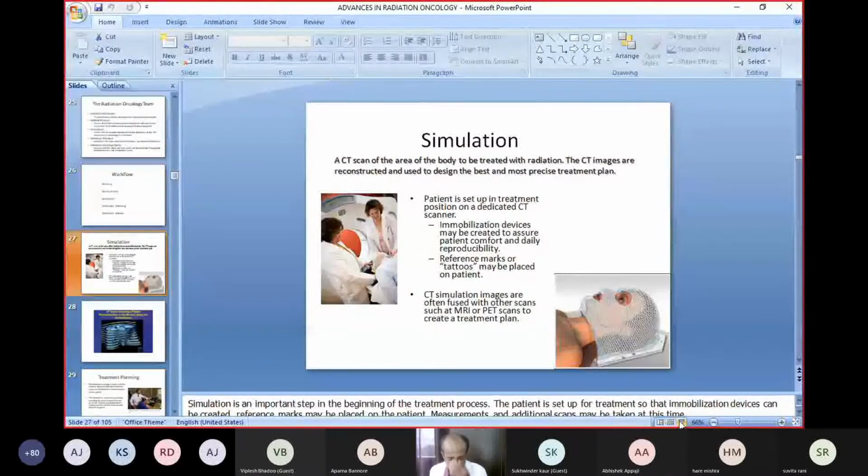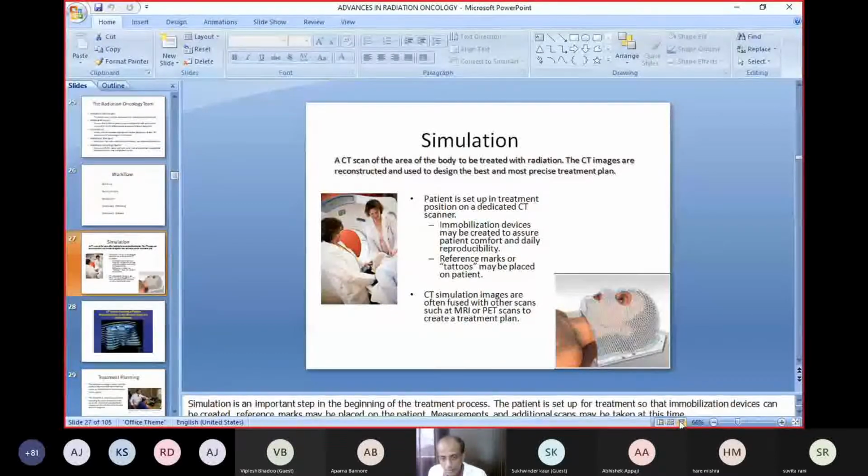So the radiation treatment starts with simulation, then it goes to treatment planning and then treatment delivery. In simulation, we take a CT scan of the patient of the desired area which we are going to radiate. Before we take a CT scan, we have to fix the patient body with a thermoplastic mold. This is basically a plastic material, we dip it into hot water and we put it on the head or neck or wherever the desired area, so that it takes the shape of the body.